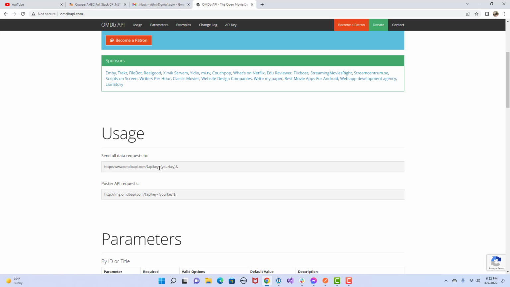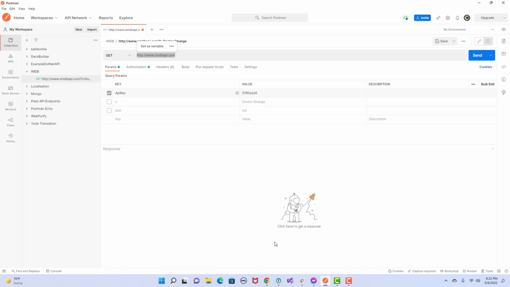Usually if it's good documentation, you will find an example like this right here. So they want you to put in omdbapi.com/ and then this question mark means, hey, the next thing is a variable that I'm going to put in. They're called query parameters. What this is expecting is a parameter called API key, and you give it a key. If we look back at Postman, I did that already. I had this key called API key, and then I gave it a value. This is the value that I got from signing up for OMDB. Yours might be different. After that, we can put some parameters in. I'm going to put in